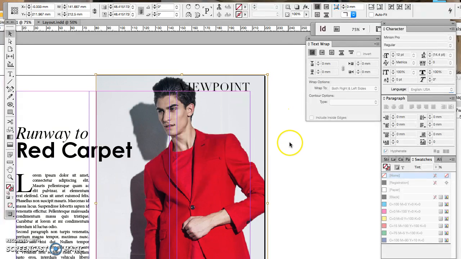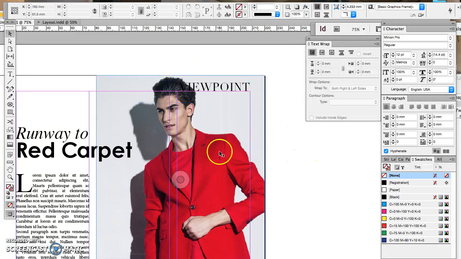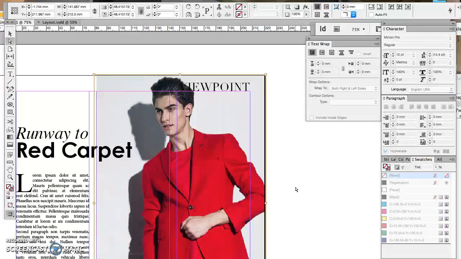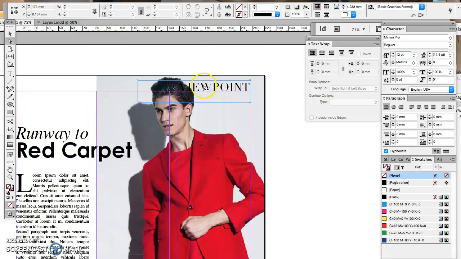So I'm just going to increase that a little bit. Just adjust that. That viewpoint's getting a little bit lost behind there, so I'm just going to highlight that text